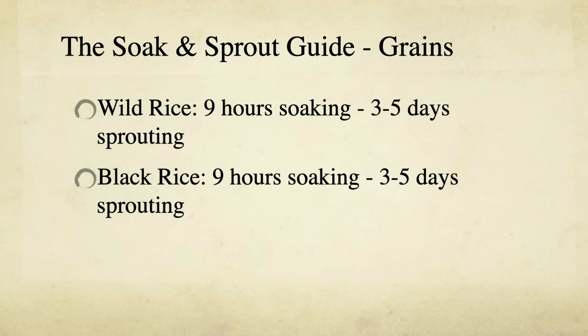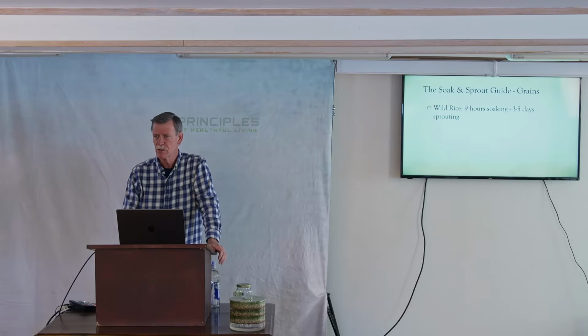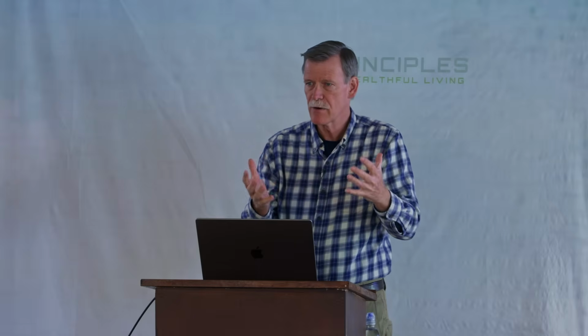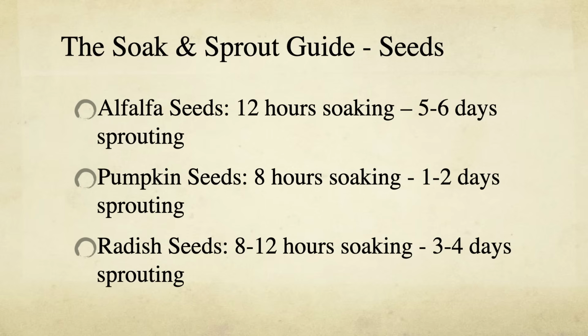Wild rice, 9 hours soaking, 3 to 5 days. Now, is that expensive here? That's more expensive at home, wild rice. Okay. Yeah. And so what a lot of folks will do is they'll take their brown rice, mix a little wild rice in it, and it kind of spreads it out. You're still getting some nutrients from that wild rice, but you're not just eating only wild rice and it's more expensive. Stretches it. Black rice, 9 hours soaking, 3 to 5 days sprouting. Seeds. And this is what a lot of folks do. Alfalfa, 12 hours soaking